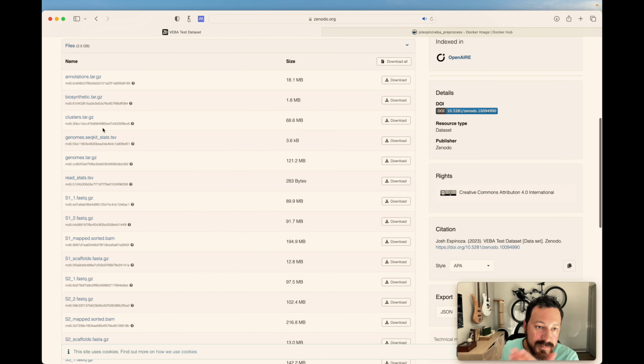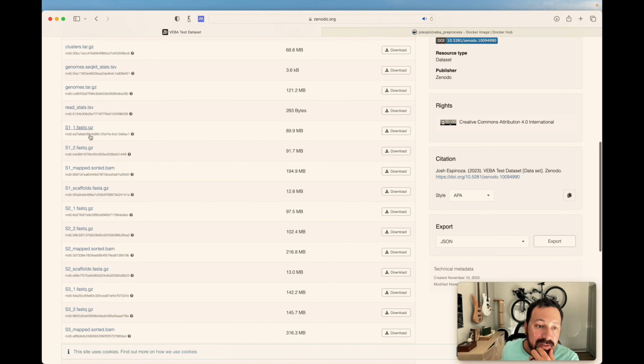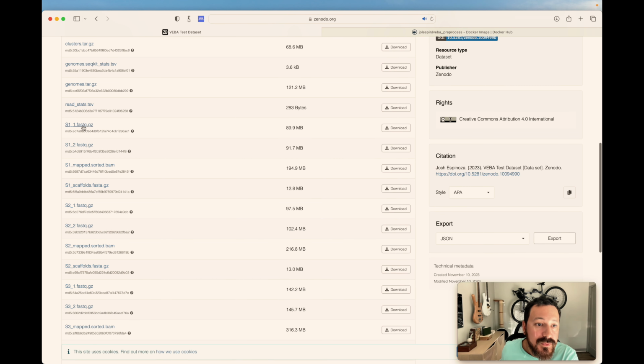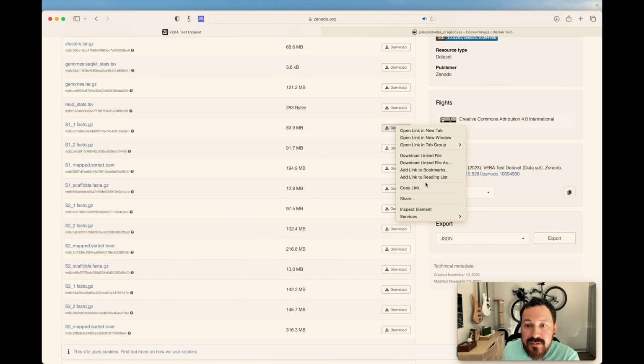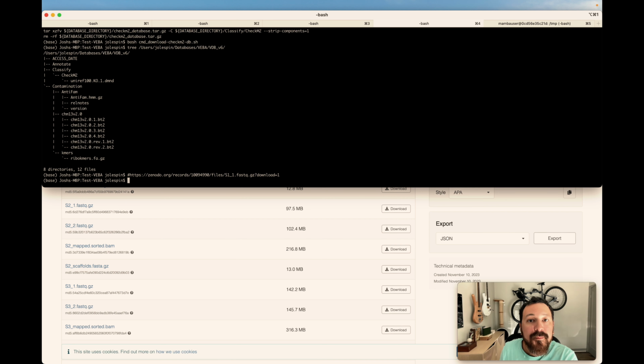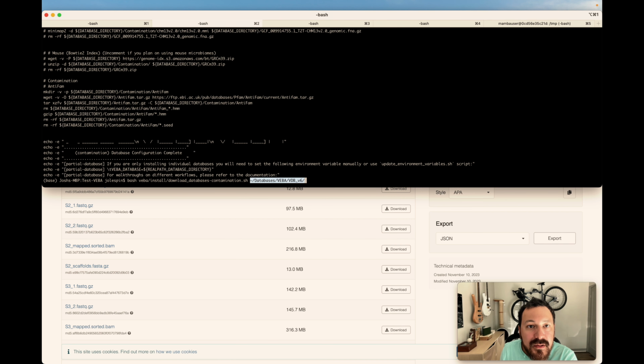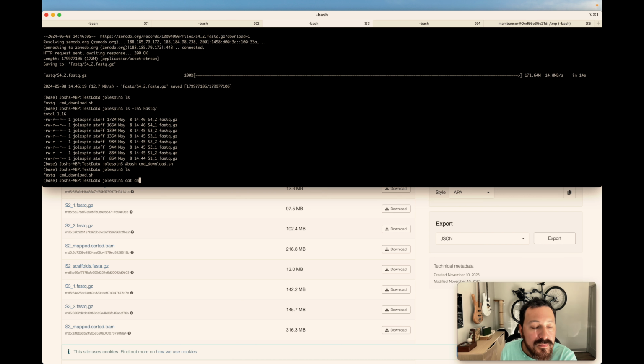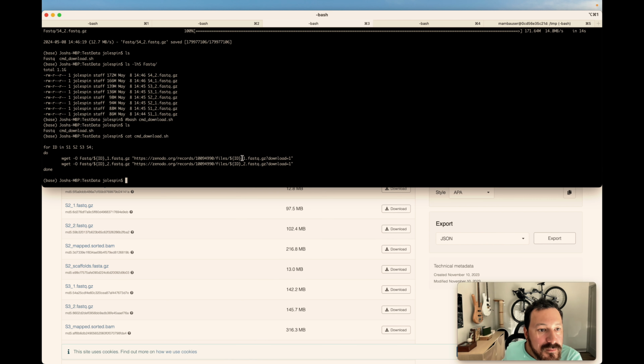So there's a bunch of files in here. There's genomes, there's clusters. So if you want to test different stages of VEBA, you can download any of these. But we're just going to download the FASTQ. So for that, you go copy link, and then it would look like this. Okay, but I ended up making a for loop. So I basically just got that URL and then made a for loop for the different identifiers S1 to S4,